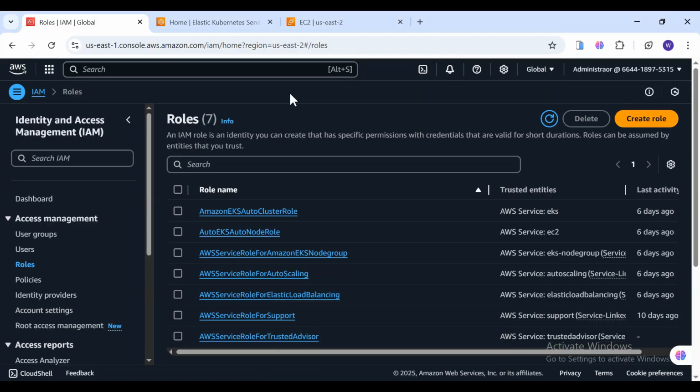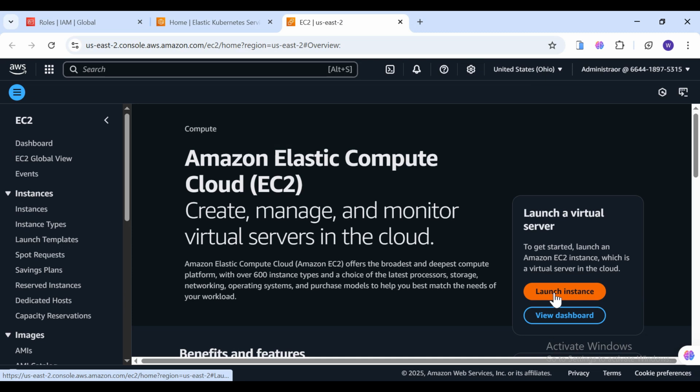Now, let's create an EC2 instance. We'll use this to interact with AWS from the command line. You could technically use your local machine or AWS Cloud Shell, but Cloud Shell isn't ideal here. That's because we'll be building a DeepSeek Ollama image, and Cloud Shell just doesn't have enough memory or disk space